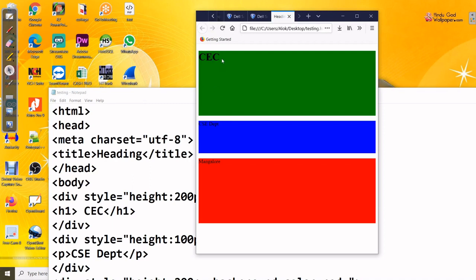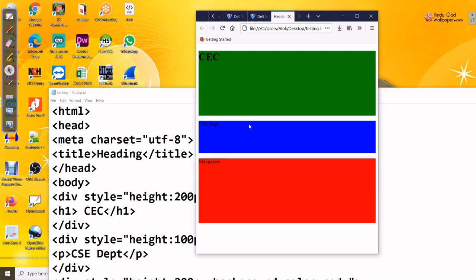So the first one is according to the heading, that's why the C is a little bit bold. Here again we put the paragraph, CS department, here this one. So like this you can divide the partition and then again you can see the differences. Now one more thing, if you are writing H1 you see a gap is coming. That is happening due to the H1, because the H1 is considering the next line, no? So a gap is coming. This also we can manage, we will not put any space here, that we have to write again in CSS. Clear? So this way you can make the partition of the page.